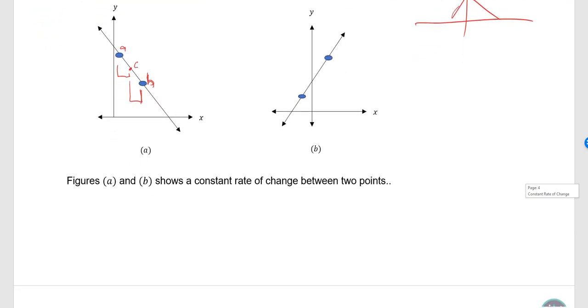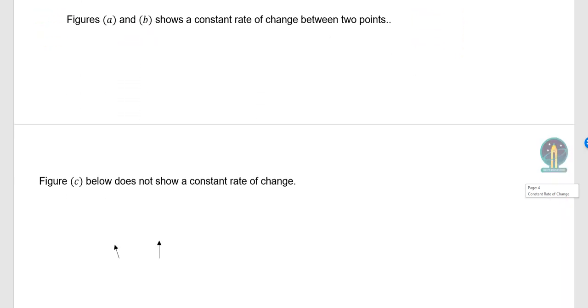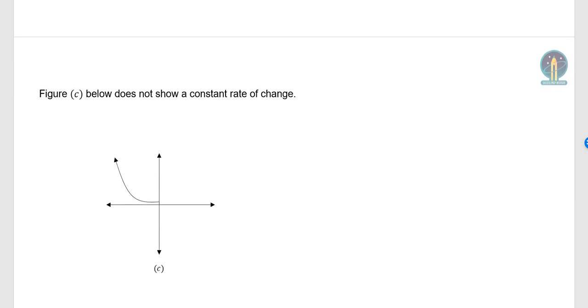So a constant as opposed to what? Well, as opposed to a changing rate of change. So in the figure here, this is a non-constant rate of change, okay? It does not show a constant rate of change. So this is a changing rate of change. So for example, if we pick any 3 points, so the rate of change between this point and this point,